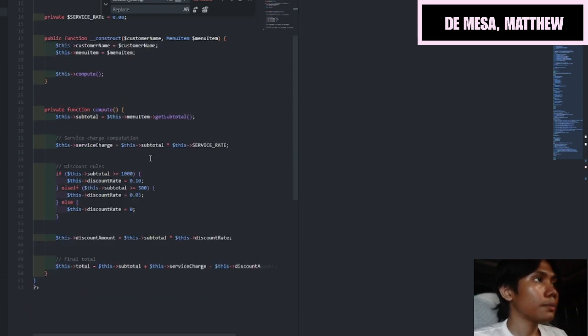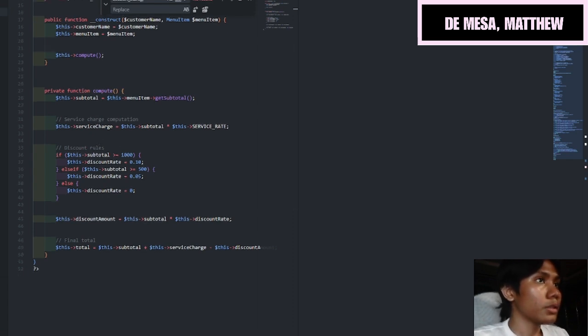After that, we have another method called compute. It is also private, meaning that method can only be used inside the class Order. How it works: first we get the subtotal of the item. After that, we calculate the 8% of the subtotal, and then it makes an if else.